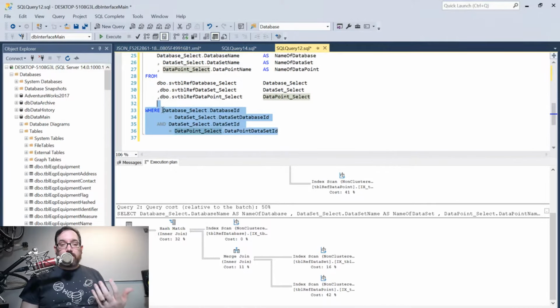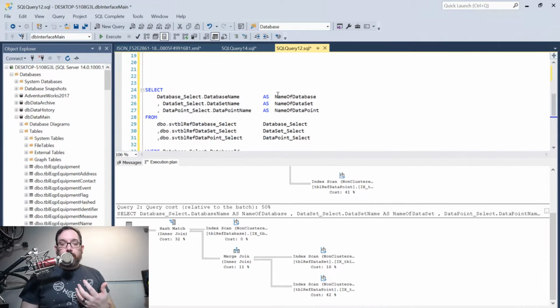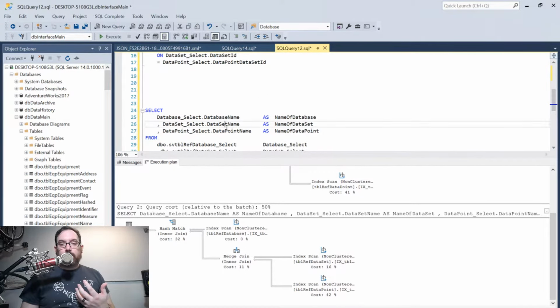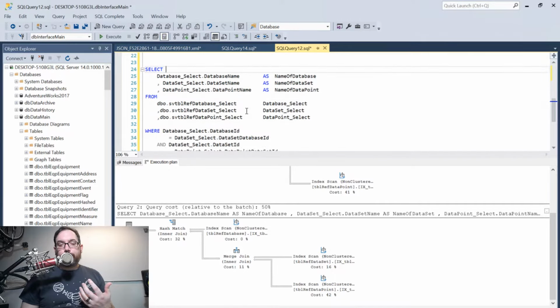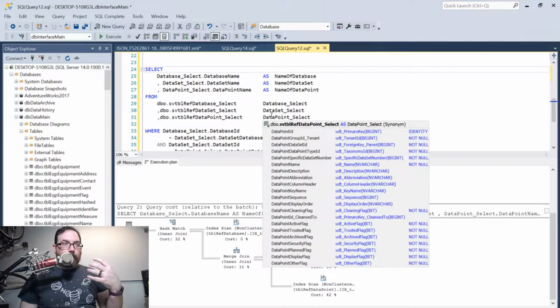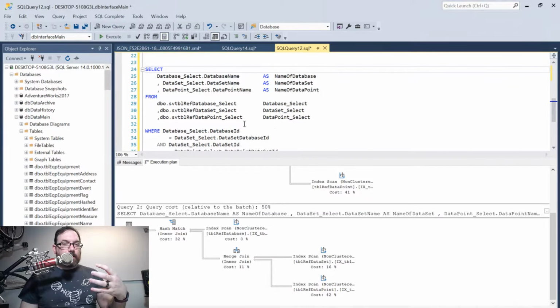So because this is being created, we know we should probably add an index on here, including what's being returned, because we're getting scans down here. So we almost develop a self-optimizing system at this point,